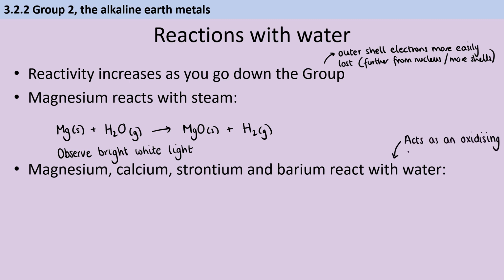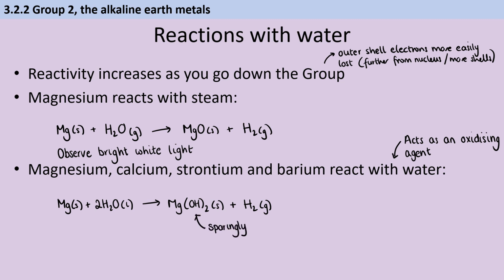Then when magnesium, calcium, strontium and barium react with liquid water, it's acting as an oxidizing agent. So the magnesium is going to react with liquid water to make magnesium hydroxide and also hydrogen gas. That magnesium hydroxide would be a solid because magnesium hydroxide is sparingly soluble, so it's not really going to go